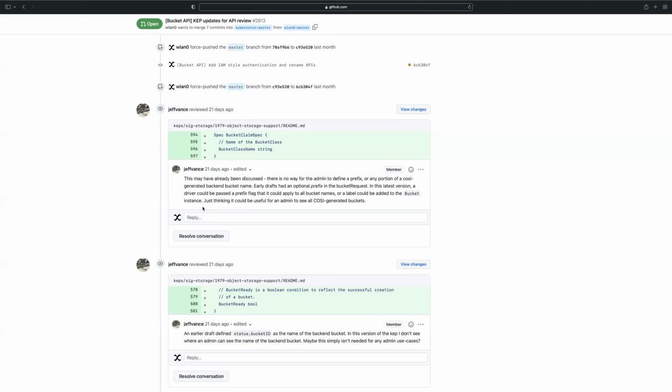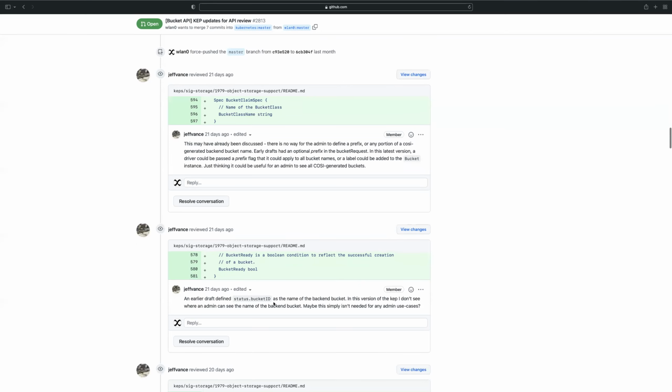Okay, cool. I appreciate the re-clarifying. No worries. All right, so our stance is still the same. We don't have a prefix field or anything. And if someone still wants to have it, it can be a contract between the driver and the user. Okay. All right, the next one.